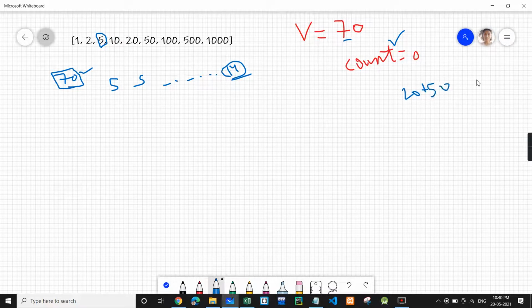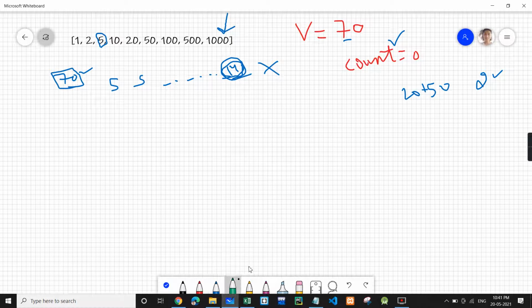That means only 2 coins and our work will be done. But over here we are taking 14 coins, which is not the optimal solution. So we have to take a bigger value in the starting only, so that the overall value which is left is less, and so that we require fewer coins. So basically we will be starting from the end.